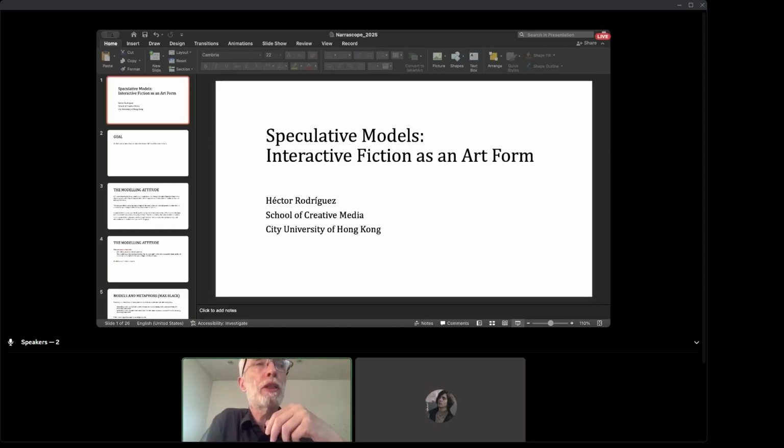So according to Max Black, when we make models of things, we're doing something similar to metaphors. We are taking two domains and we are relating them to one another. But in so doing, we're changing our understanding of those domains. So, for example, if we say that a video sequence is like a graph, where every node is an image in the sequence, we are looking at video through the lens of graph theory, right?